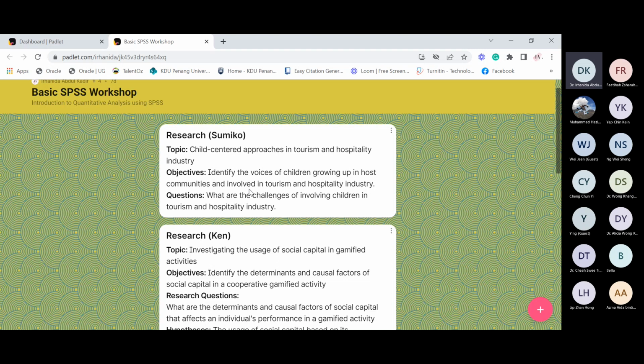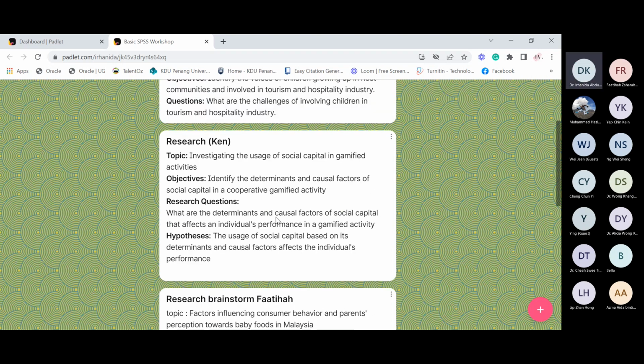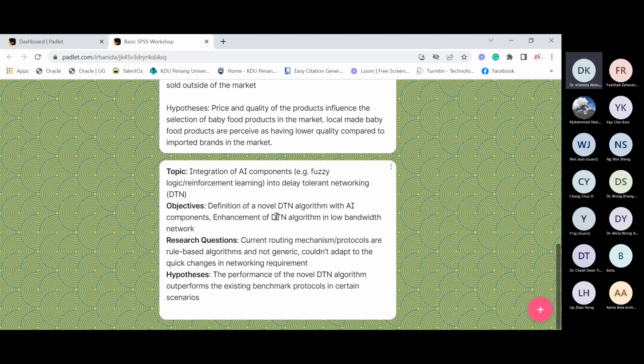It will change based on what they perceive. But the thing that does not change here is the involvement in tourism and hospitality industry. That is independent. Even though it is very brief, I hope you can understand.